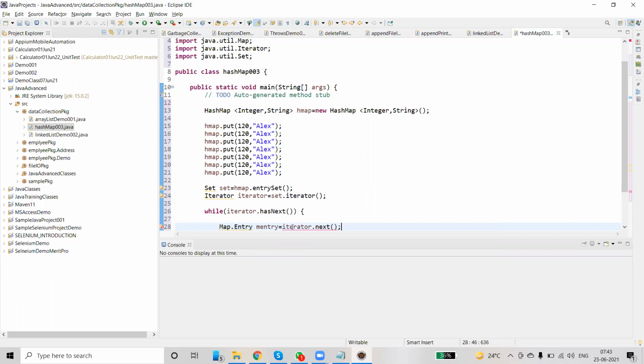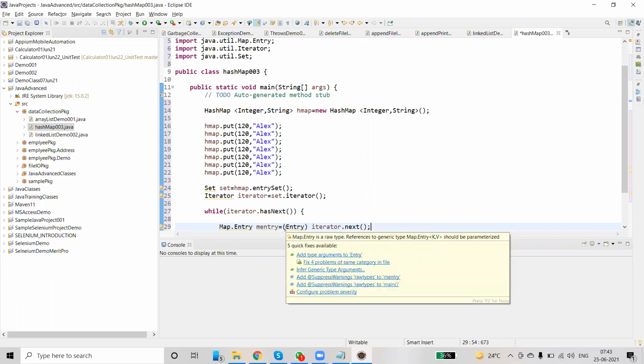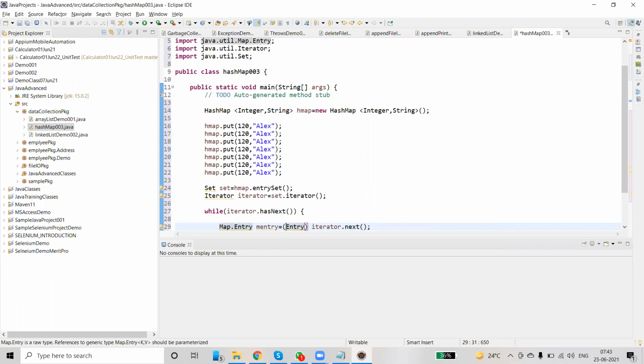Okay, you are getting an error. It has to be converted, so add a cast. I'm just adding a cast to Entry. You can also add explicitly Map.Entry.